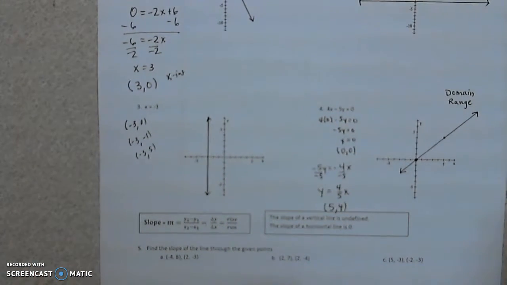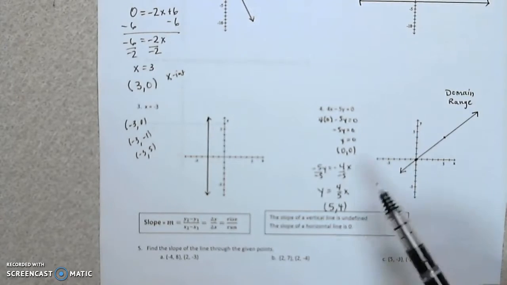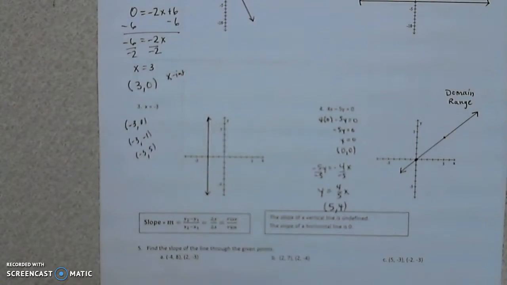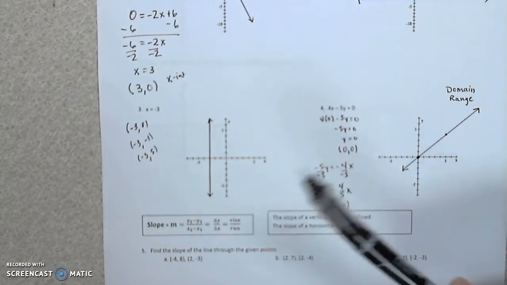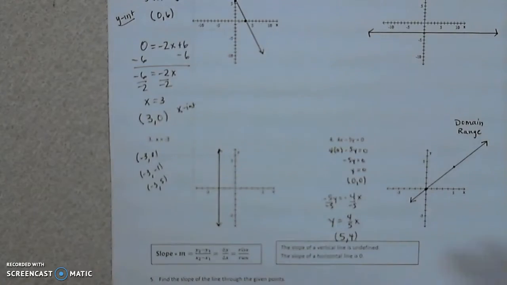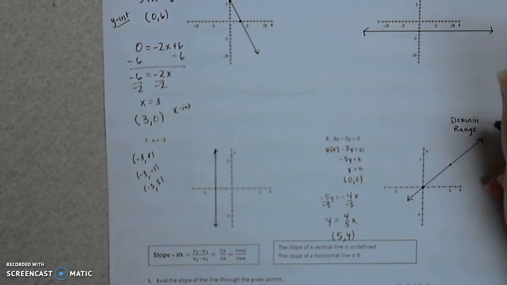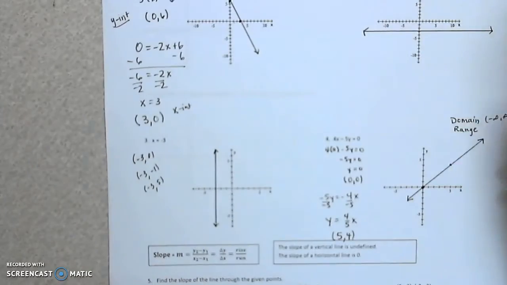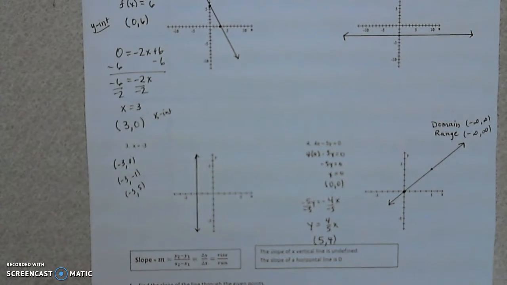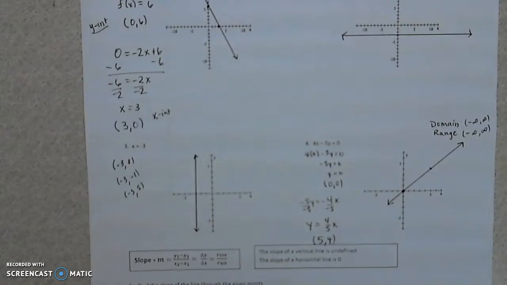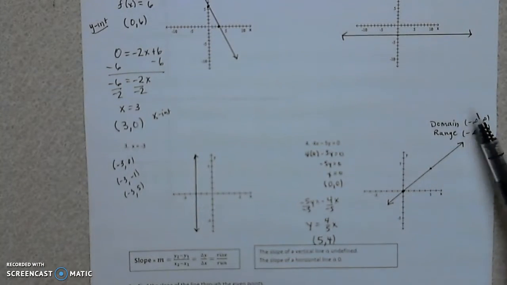Alright, and so there my equation is graphed. Notice I used a combination of x and y intercept and randomly picking a point, like we did on the other. You may be asked to find domain and range. Remember, on any of the linear equations, other than the constant ones, the domain is going to be -infinity to +infinity, and the range is also going to be -infinity to +infinity. So anytime it's a linear equation other than the constants, that should be your answer for domain and